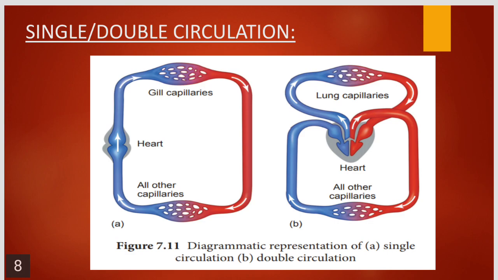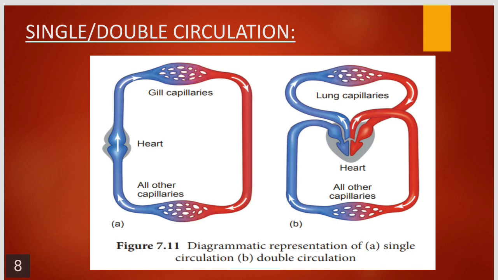From the first figure, the heart is receiving the blood only one time, blue color blood, and that is deoxygenated blood. The heart is no more having oxygenated blood. It is pumping the deoxygenated blood to the gills. With the help of gill lamellae, exchange of gases takes place and the blood is purified, and from the gills it goes to all parts of the body. After the oxidation of food, as we have seen, carbon dioxide is released and the deoxygenated blood reaches the heart again. So the cycle continues in the first figure.